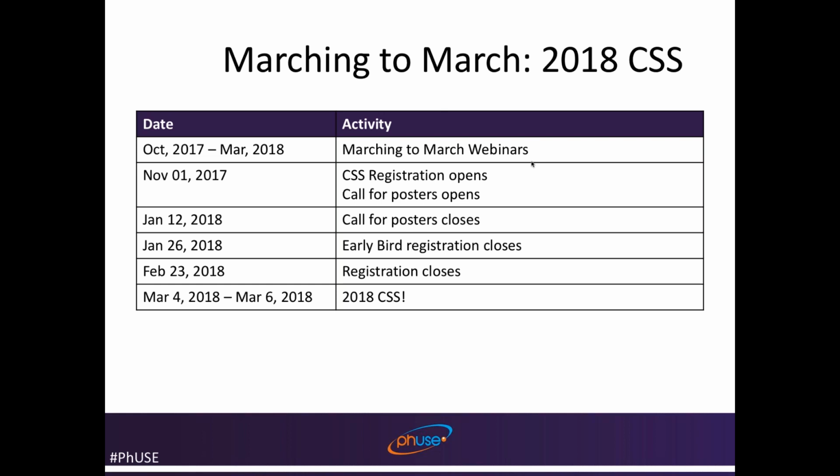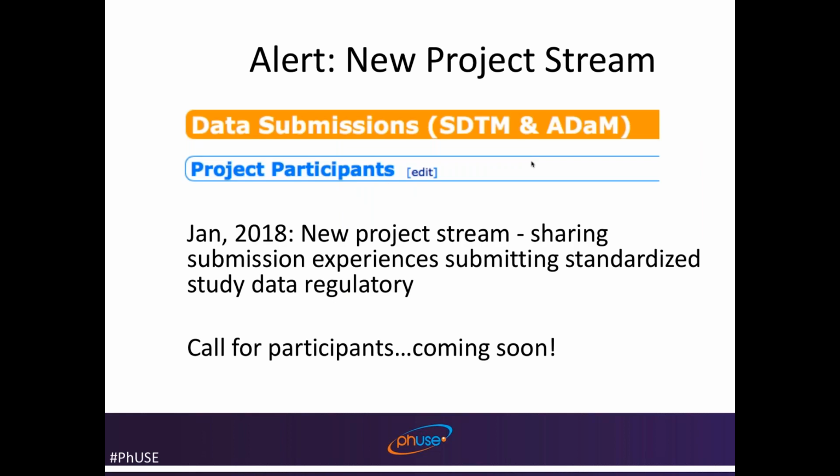As I mentioned, the registration and call for posters is now open. We would encourage you to register. As I had mentioned, there is a large contingent from the regulatory agencies that attends these events, and it's a great opportunity for you to engage with the regulators. Again, the early bird registration closes in late January of 2018, so if you have to wait for the budgetary cycle, you do have a few weeks in January 18 to actually register for the event. So we hope to see you in beautiful Silver Spring in March at the CSS, and then again see you at the US Connect event in Raleigh, North Carolina in June.